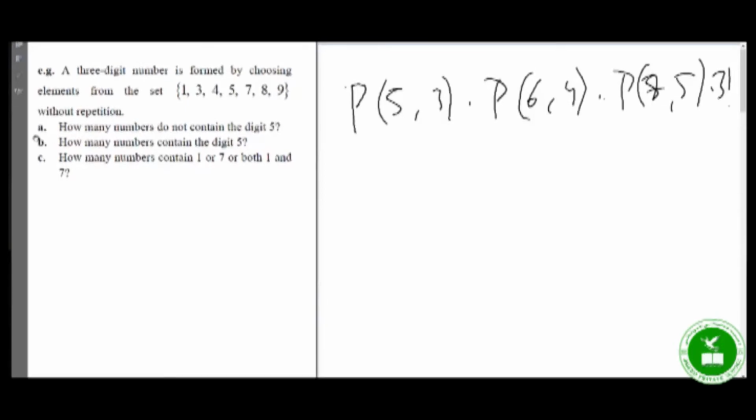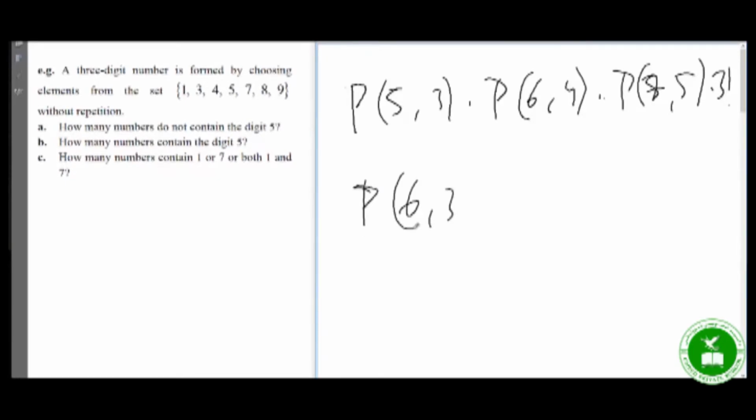First case, how many numbers do not contain the digit 5? It means take out 5. If we take out 5, the total number of digits will be 6 in this case: 1, 3, 4, 7, 8, 9. And we want to select 3-digit numbers. So permutation of